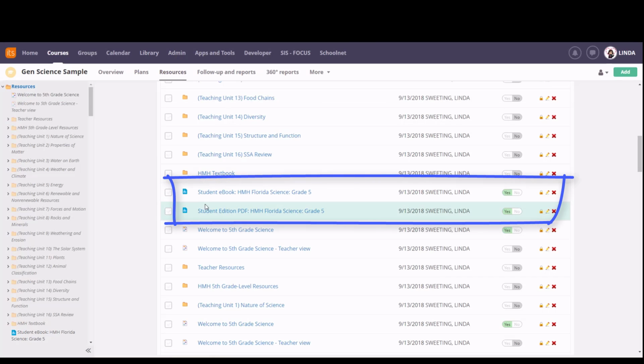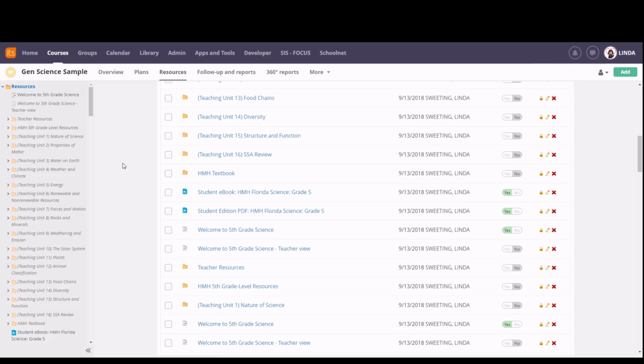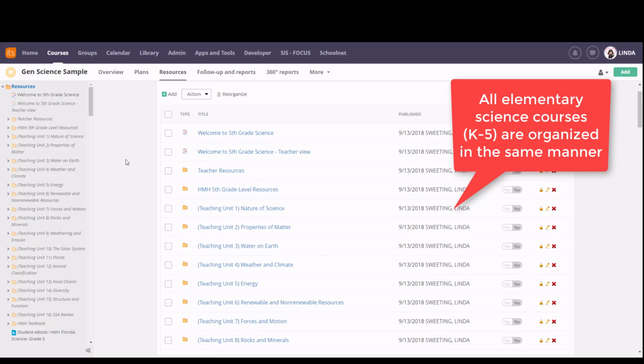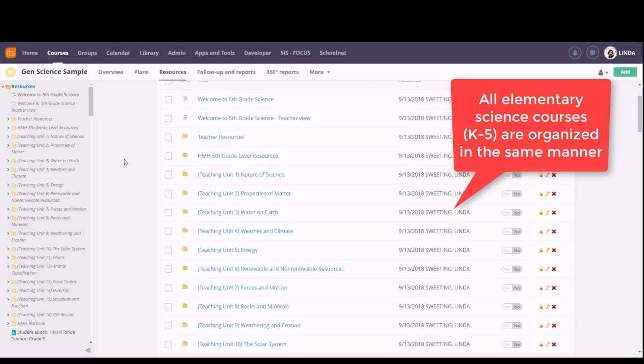Towards the bottom of your resources will be the student ebook and the student PDF. The ebook is the interactive ebook that students can flip through and interact with. The student PDF is the one that you would use for making copies. Make sure that both of them are turned to yes so that they are active for students to be able to see. As you navigate through these resources, they are the same order and organization, whether it's a first grade